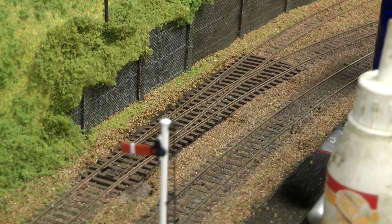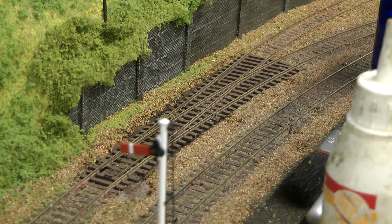I just want to share with you the way I've found most successful for ballasting track. As you can see, this point has been changed, so I'm going to reballast it. After testing 12 different test tracks with different ways of ballasting,